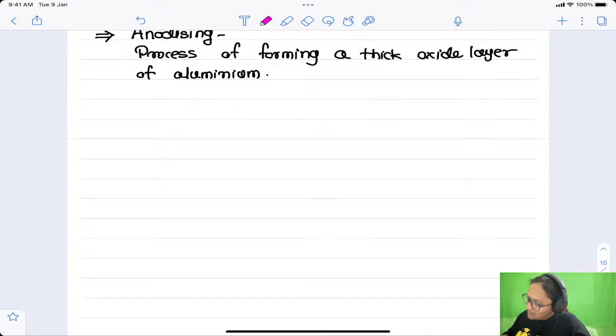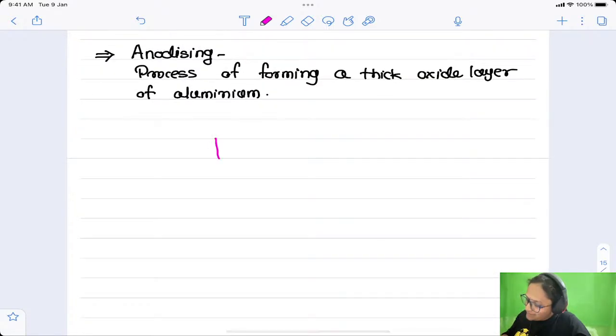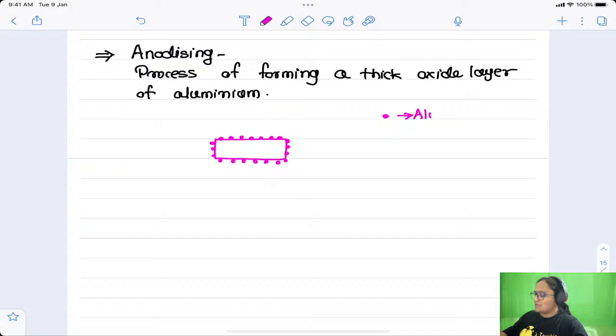I'll tell you. Let us assume that this is the aluminum vessel. Now these are the aluminum atoms, right? I am showing the aluminum atoms only on the surface area. What is this? This is nothing but the aluminum atoms. Now these aluminum atoms are exposed to the air. Once they are exposed to the air, they get converted into aluminum oxide,